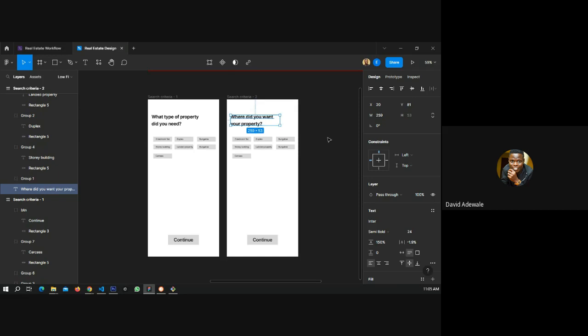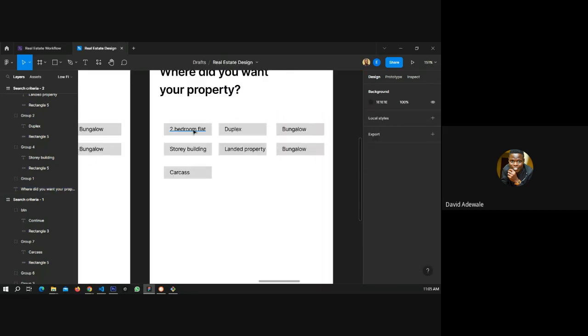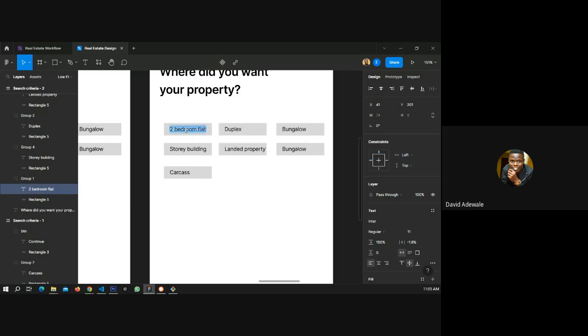So where do you want your property? Okay. Suggestion. Rural settlement. Rural settlement. If we have rural settlement, it has covered a lot. Do you understand? It has covered a lot.